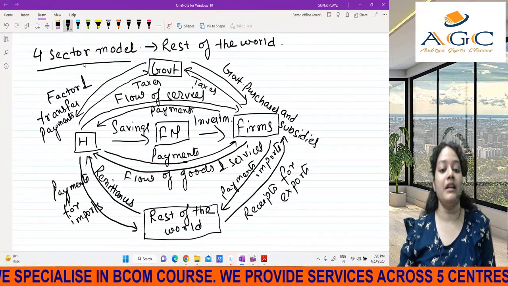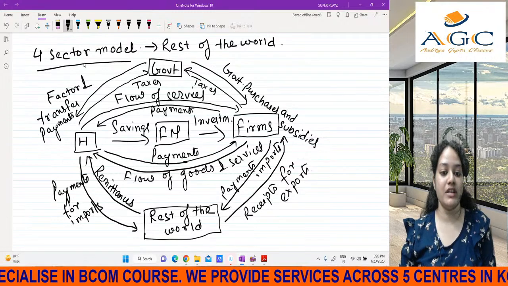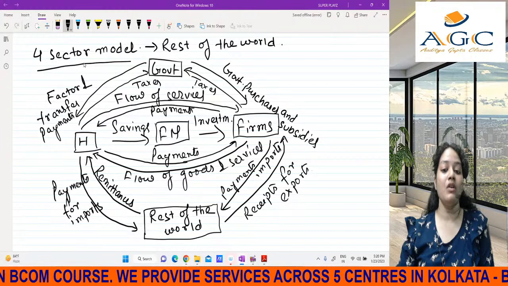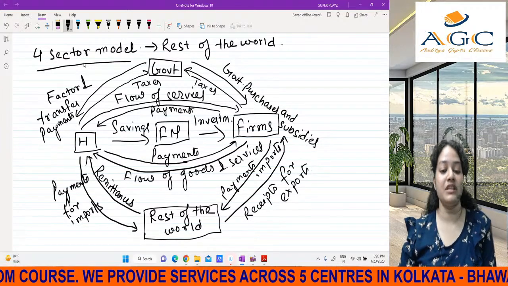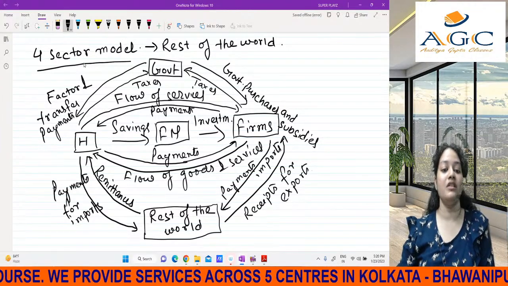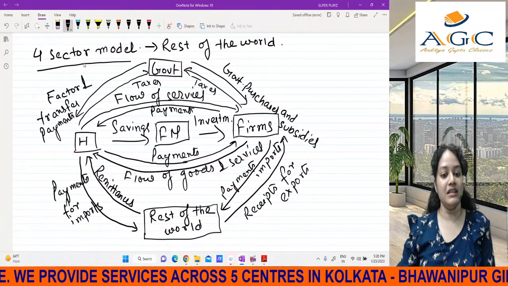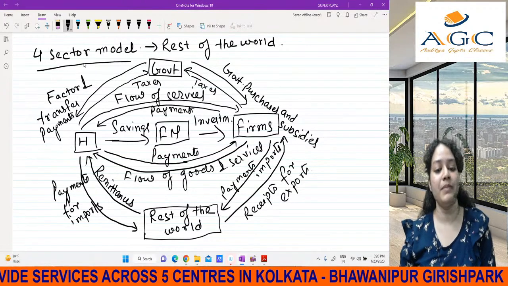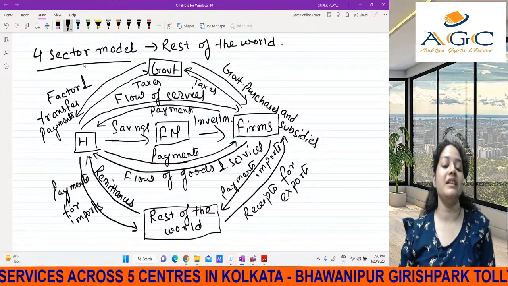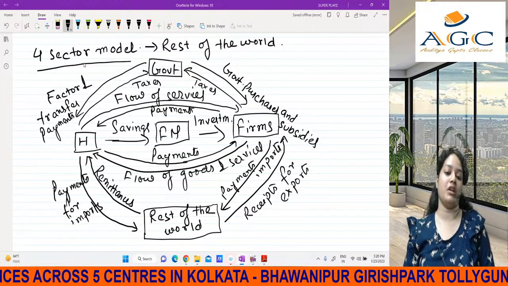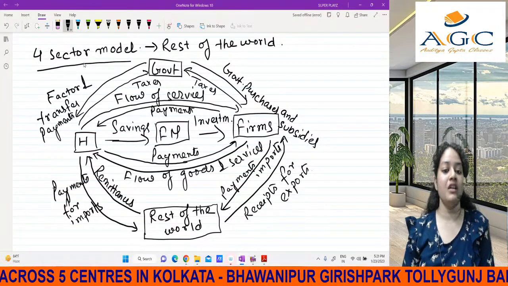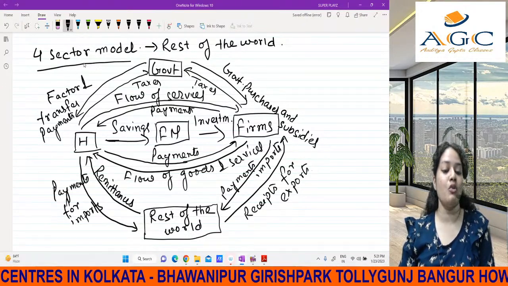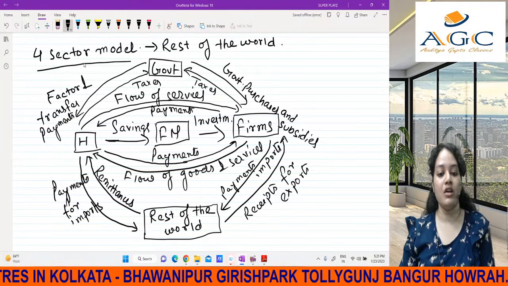But in the two sector model with savings and investment, what is happening? The savings is coming into the picture. Whatever money the households are receiving from the firms, they are now dividing it into two parts, the savings part, and buying goods and services. They are making the payments. So now if there is savings, the savings is basically what? It is for our own benefit. So we can say that the savings, if you are keeping it in your own home, is not benefiting the economy in any way.